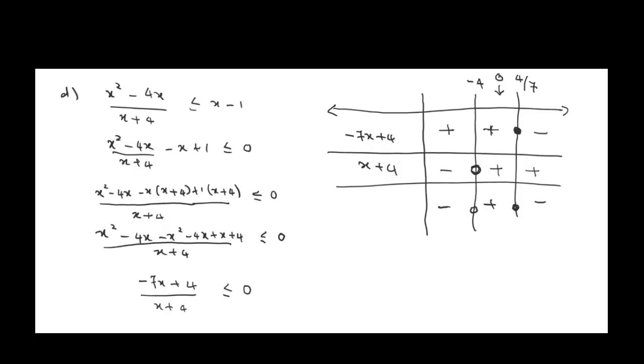For the conclusion, we want the negative values or 0. So our solution lies in the first interval and the third interval. So the solution for this inequality is from negative infinity to negative 4, union from 4 over 7 to